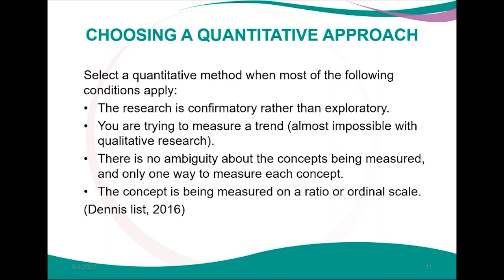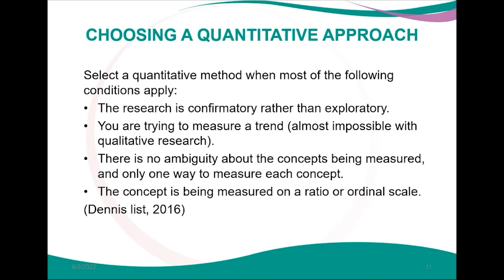So it makes sense that the way we see the world will influence the way in which we as researchers research. So if, for example, you see the world using a positivist eye, then that's basically how you will do your research. So that's why I'm saying it makes sense that the way we see the world influences the way in which we research the world. So for choosing a quantitative approach, these are the